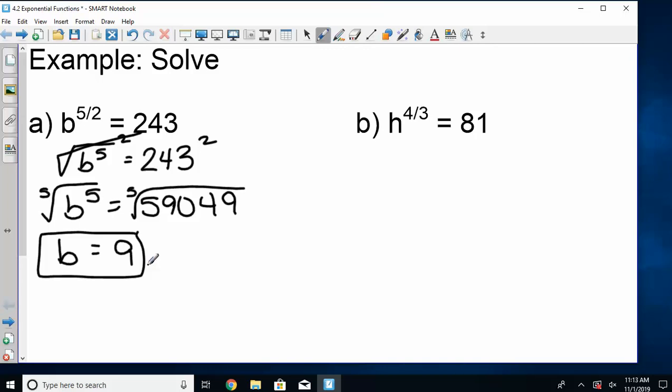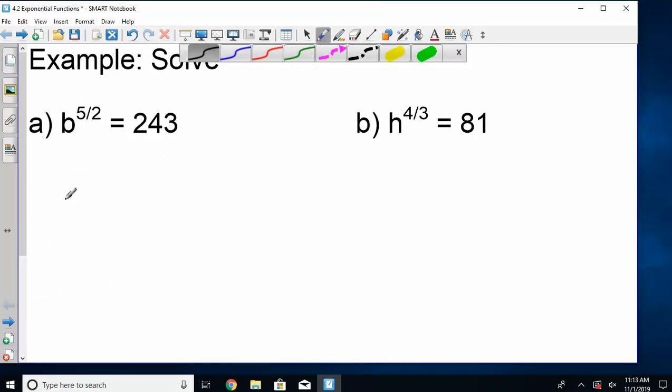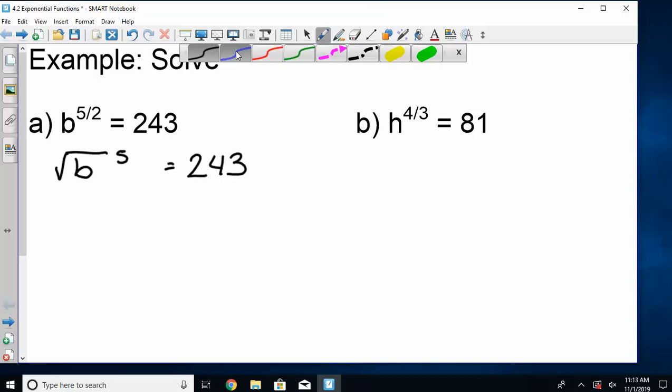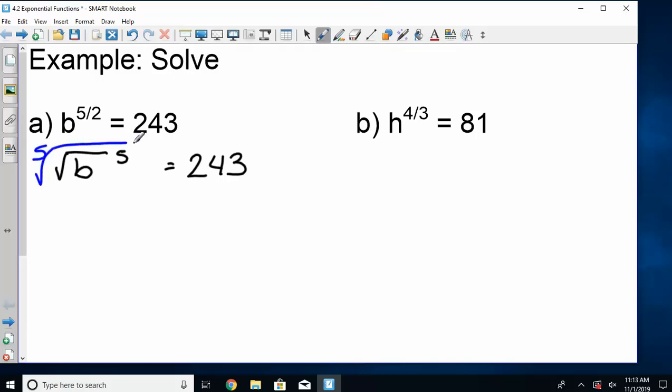Okay, I want to walk through a couple other ways we could have done the same problem. We could have, at the beginning, we wrote it as the square root of b with the 5th under the square root, but can't you also put the 5th outside the square root? And if we had done that, if the 5th were outside the square root, then the first thing you would do would be to add the 5th root to each side, because then the 5th root and this 5th power cancel, so we have the square root of b equals,